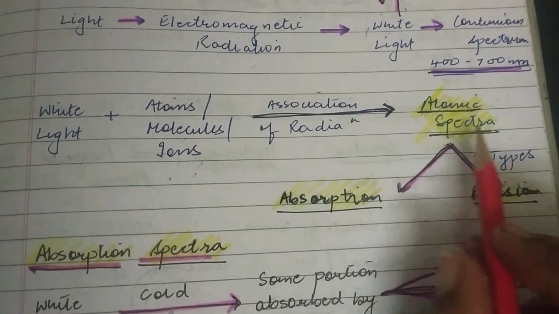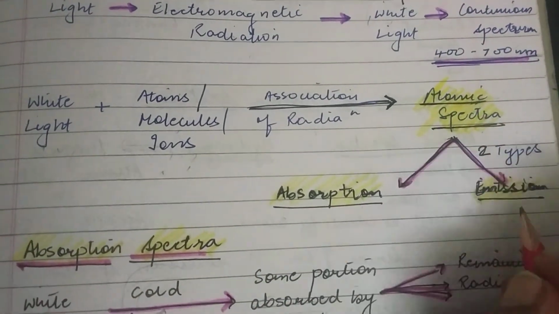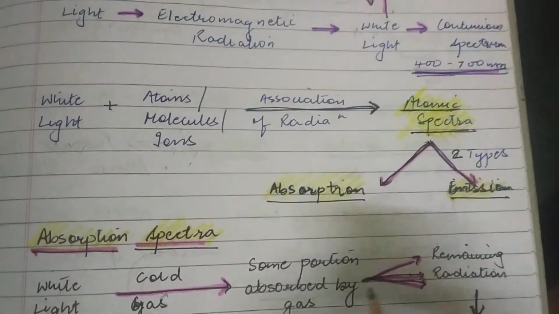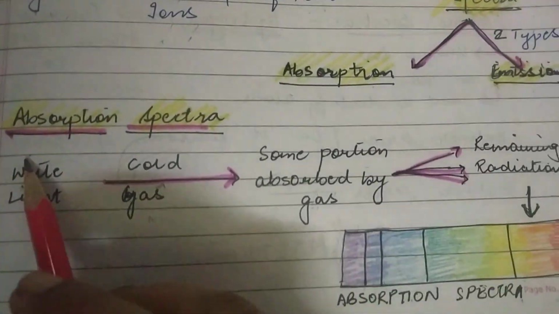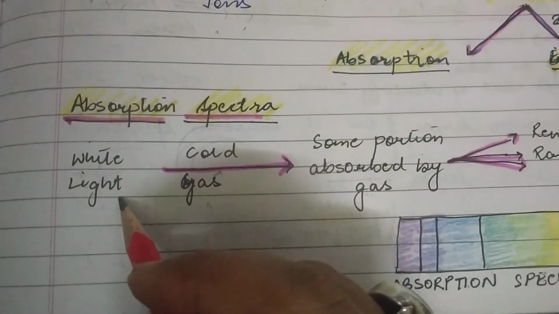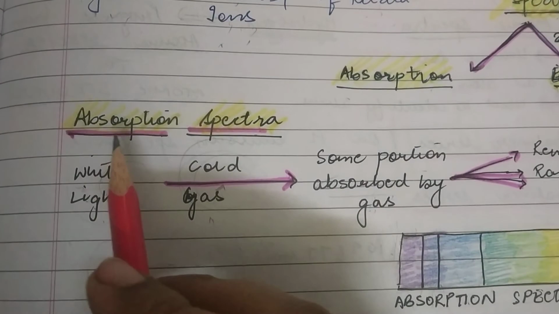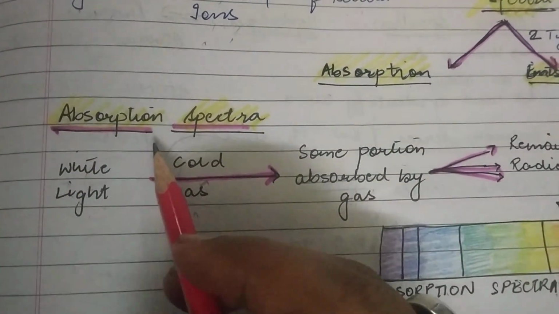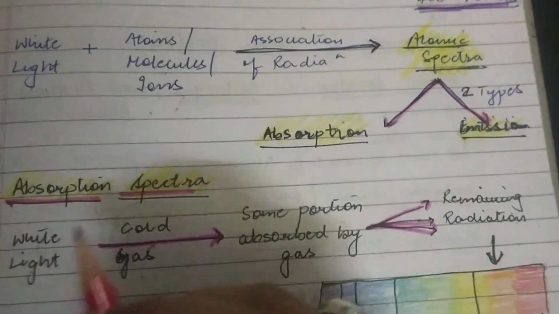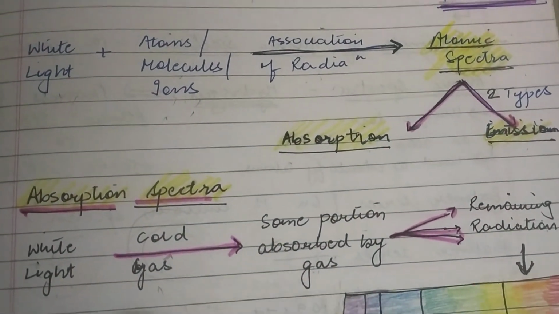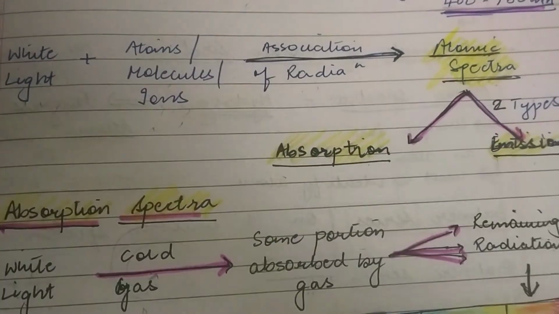This atomic spectra is of two types, an absorption spectra and an emission spectrum. First, I will talk about absorption spectra. Absorption, we have been talking about this term, a very, very commonly used term. Before talking in detail about the absorption and the emission spectra, students,